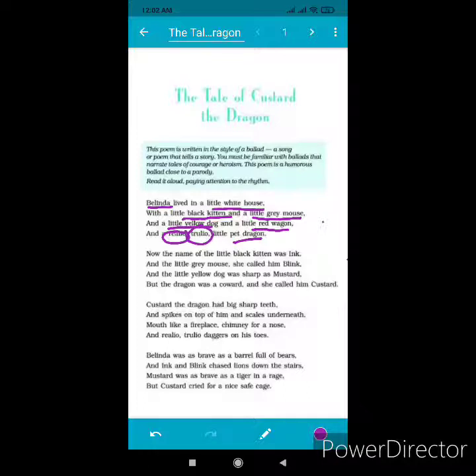Now the name of the little black kitten was Ink, and the little grey mouse she called him Blink, and the little yellow dog was sharp as mustard, but the dragon was a coward and she called him Custard. Now introducing the characters further, the poet just tells us that the little black kitten was named Ink,